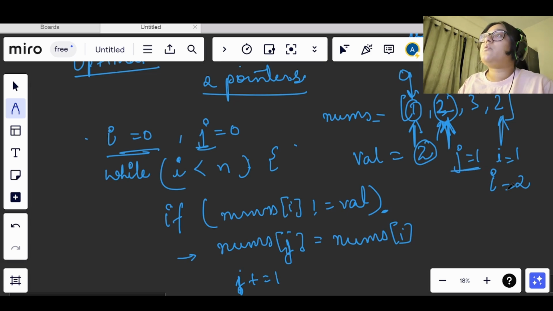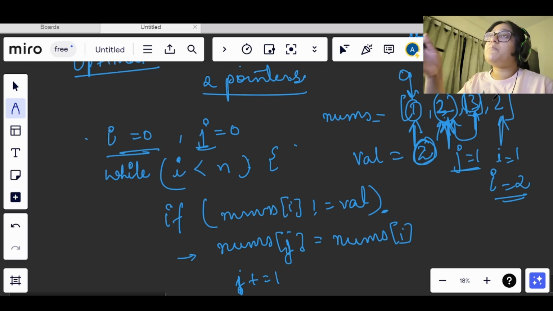Now j is equal to 1 and i is equal to 2, and the value at the ith position, that is nums of 2, is not equal to val. It is 3 here and we have 2 here. So this value will go to the first index; we will simply assign the value there.